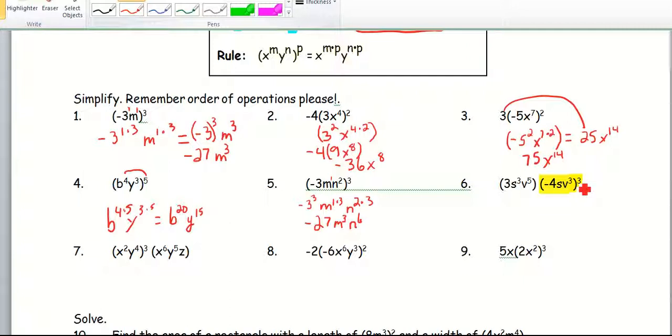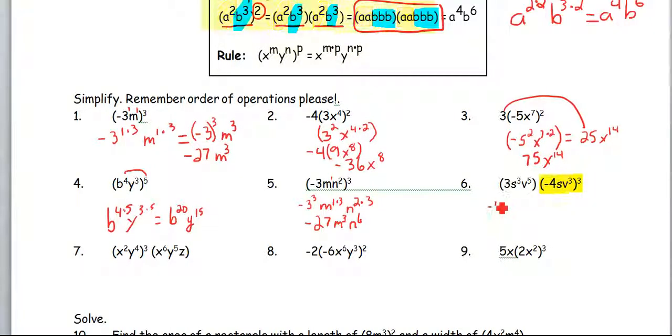So I have negative 4 to the third, s, the 1 times 3, v to the 3 times 3, and so that gives me negative 64, make sure that's equal, 64, s to the third,